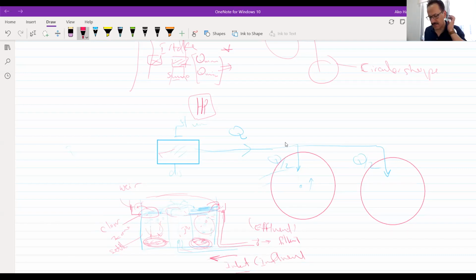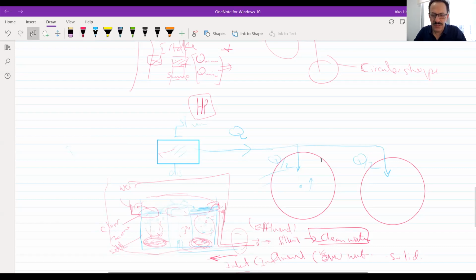So what is the influent? The influent is the raw water that's coming from the land, holding solid particles, and the clean water or filtered water is called clean water. When I talk about clean water, usually there will be clean water, but if the water is very dirty, we may have another treatment part before use. But this is usually what we have in the sedimentation tank. So this is the procedure of the working.